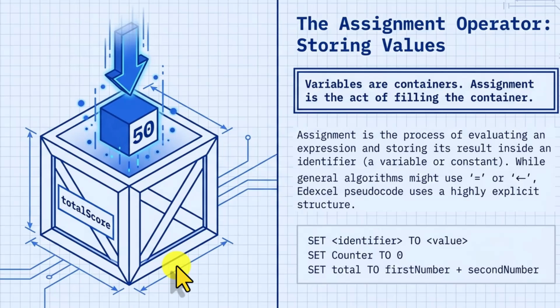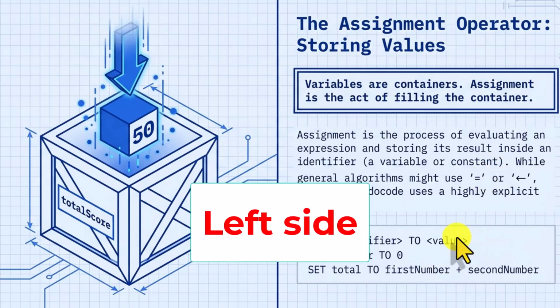The first one is the assignment operator. The assignment operator is simply used to store a value inside a variable. It pushes a value inside the variable. Variables, as you know, are containers, and assignment is the act of filling the container. In a flowchart we can use one equal sign or the arrow. Whatever is on the right side of it, it will simply evaluate,